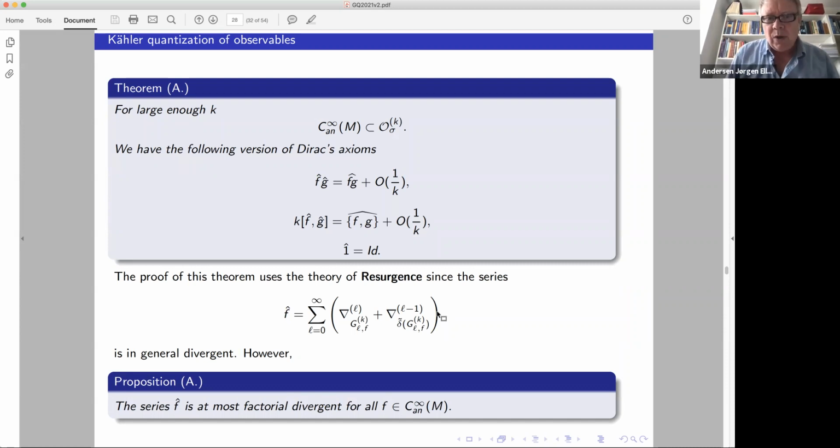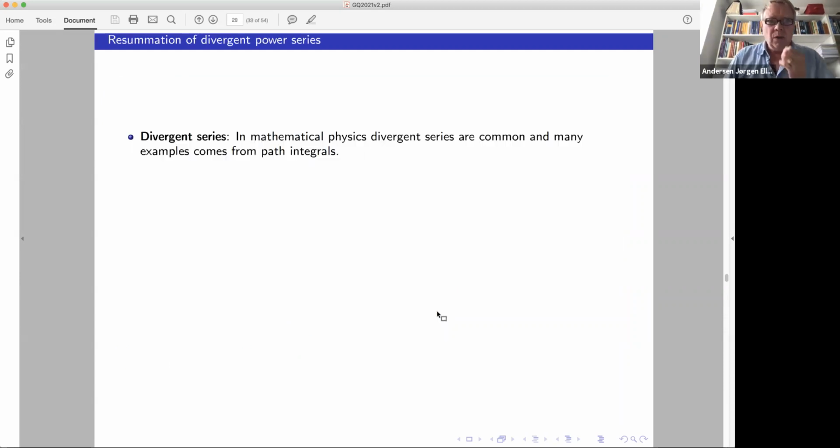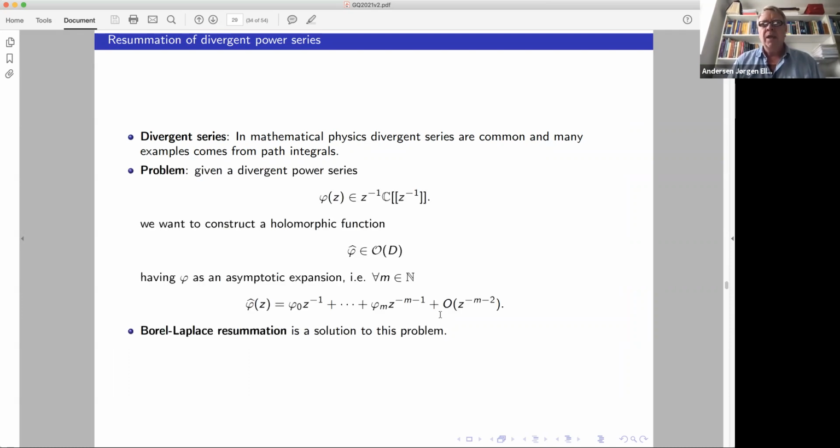And so the answer to how you should deal with this is exactly resurgence and Borel-Laplace resummation. Let me just really quickly remind you about how we deal with some divergent series in mathematical physics. They are very common. They show up almost always with path integrals. What you typically are given is a divergent power series, and you really would like to